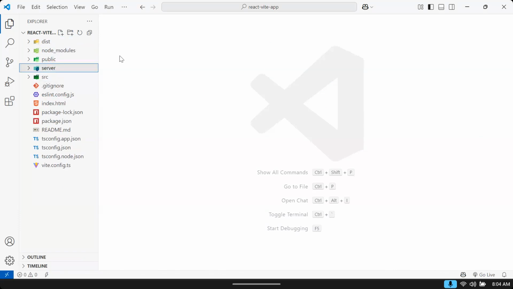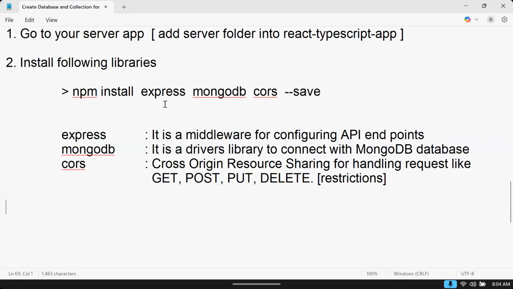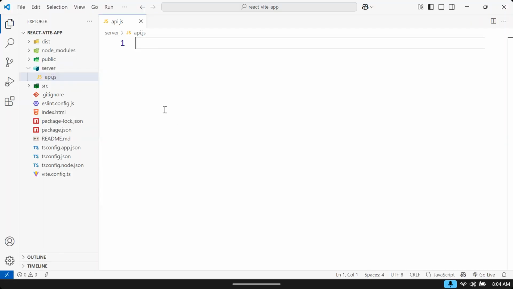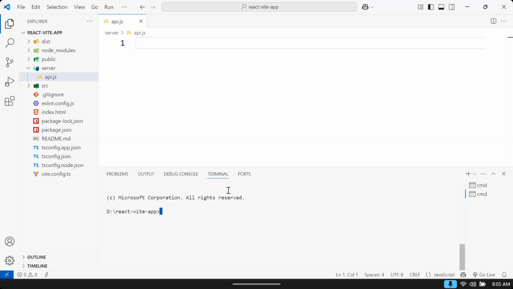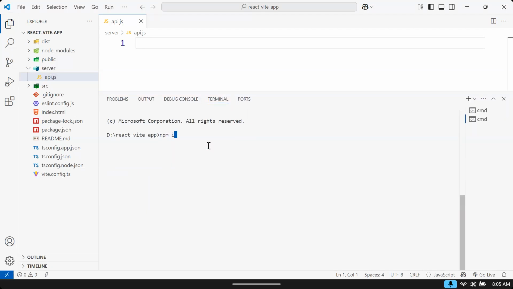In this server folder, you maintain a file, api.js. Here you can put your server side logic, everything. That means in one place you will have both server and client related logic. You can easily run it. So instead of switching between projects, you create a server folder there. And in this itself, you install all the libraries, npm install